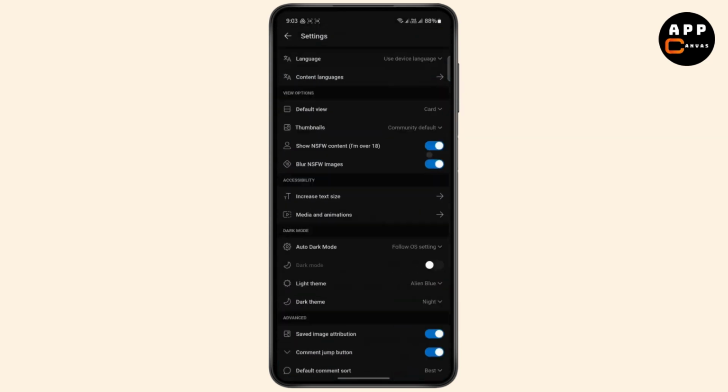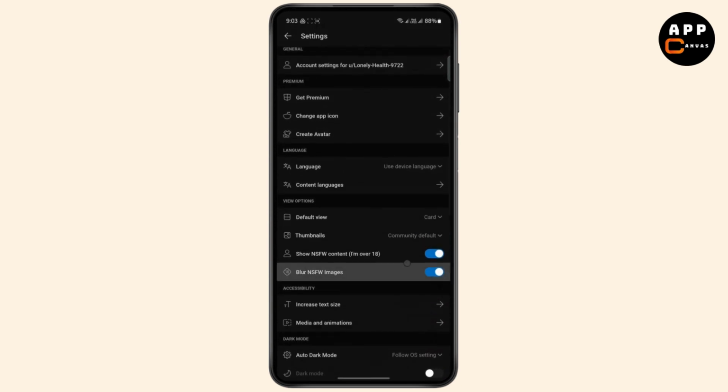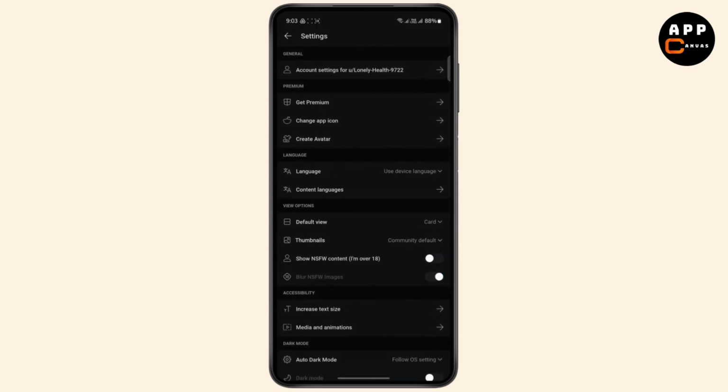Once you are on your settings, you will find this option right here on view options. Right here you will see show NSFW content. I'm over 18, so you can just simply toggle this on and off depending on your choice. If you want the Reddit feed to show you NSFW content, you can just turn it on,